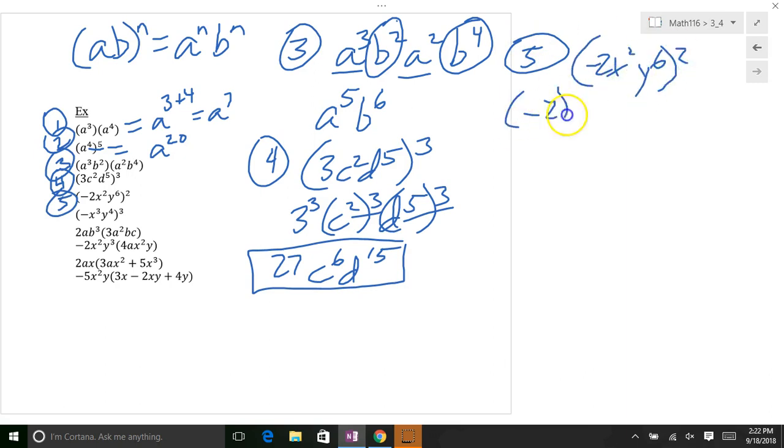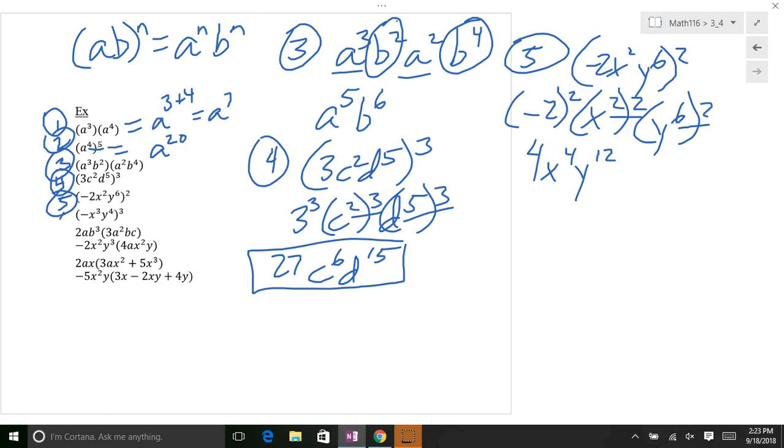So you're going to take the negative 2 squared, x squared is squared, y to the 6 is squared. Negative 2 squared, so negative 2 times negative 2, positive 4. x squared squared, multiply those 2's because they're right next to each other, multiply those, you got x to the 4th. y to the 6 squared, you got y to the 12th. Number 6,